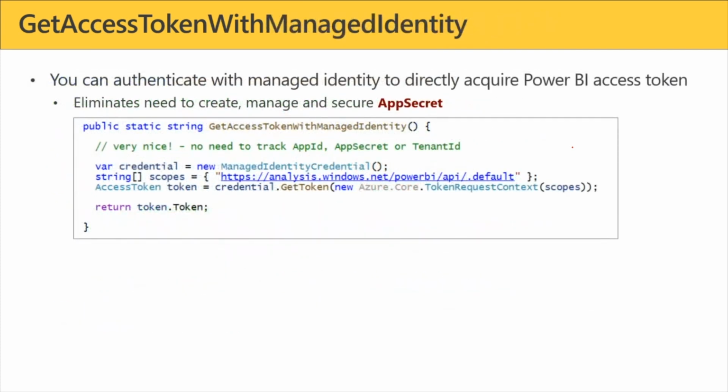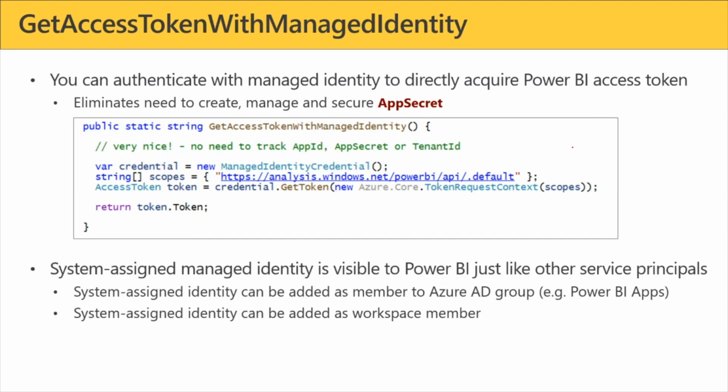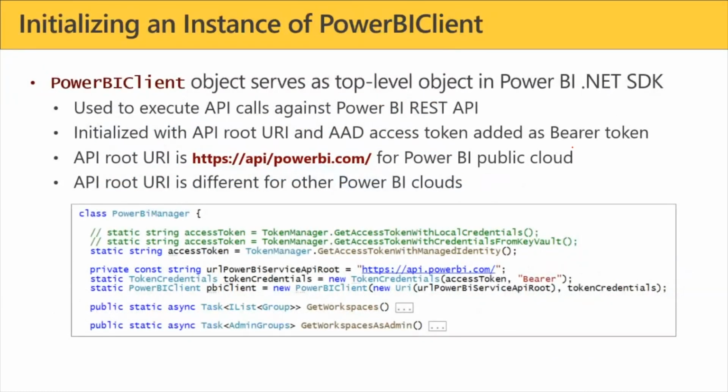It's just: give me a managed identity credential, and what is the scope of the access token that I want? And this is automatically going to give you back an access token. And once again, as long as the service principal behind your managed identity is configured with Power BI access, you're good to go. Okay. Now, the next thing we want to look at here is